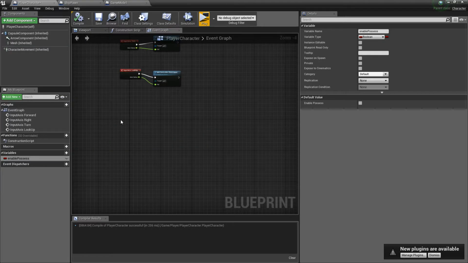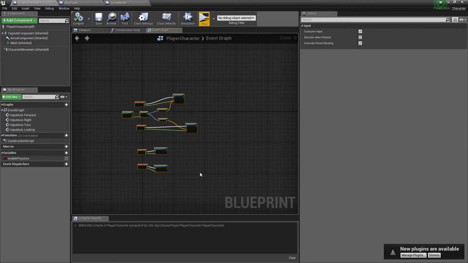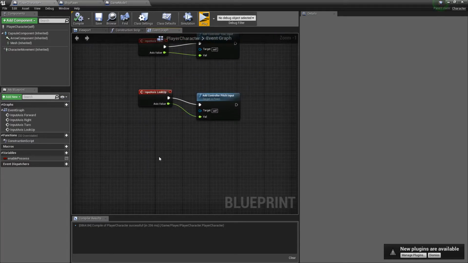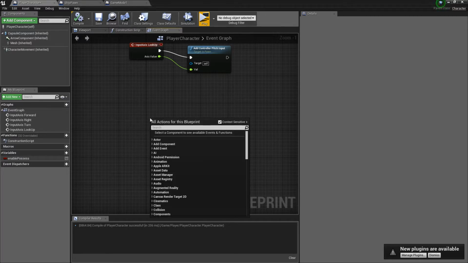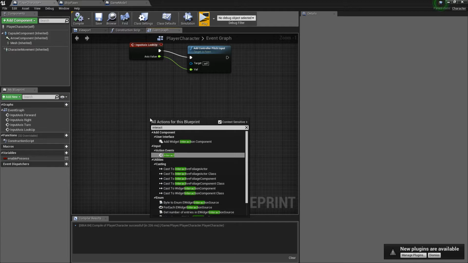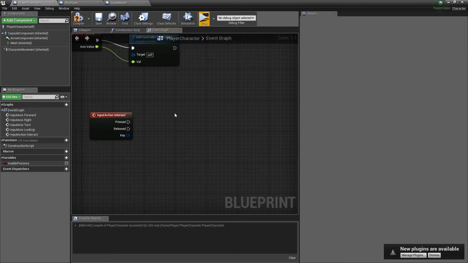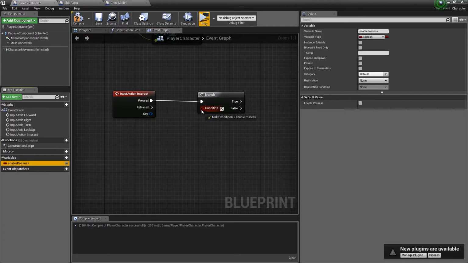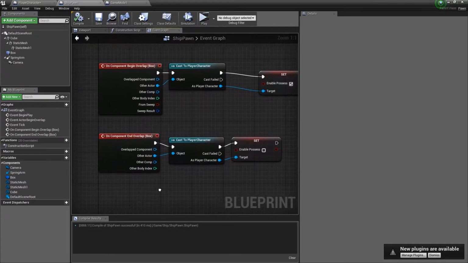So now go to the player character here. The reason I did this in here is because the ship pawn is going to have different controls. That's why I just didn't do it in the actual controller itself. We created that interact function, remember? So now branch, enable possess, and actually what we can also do,